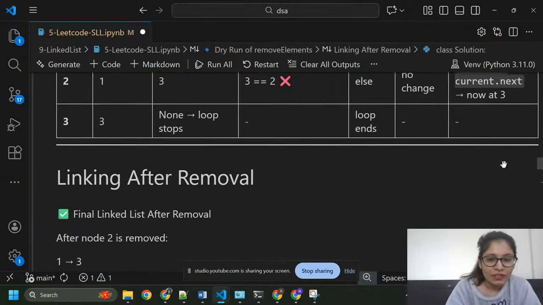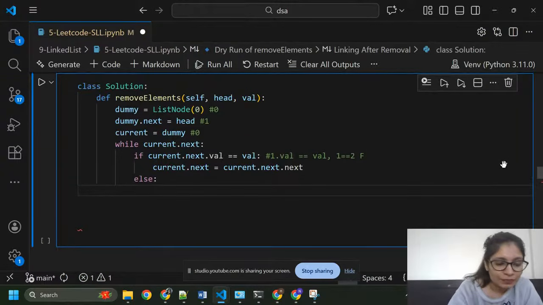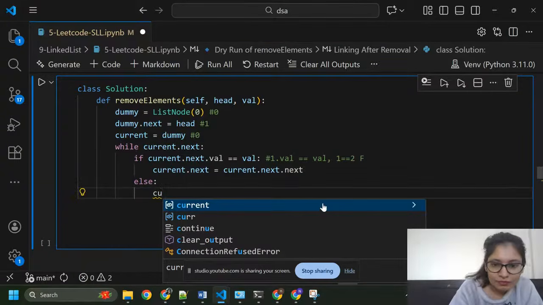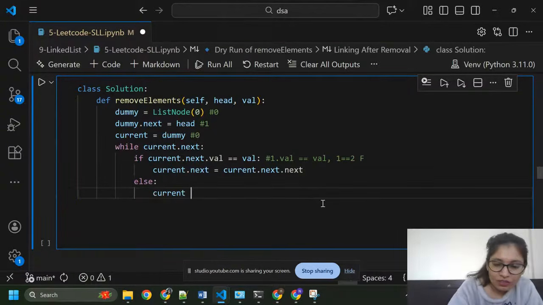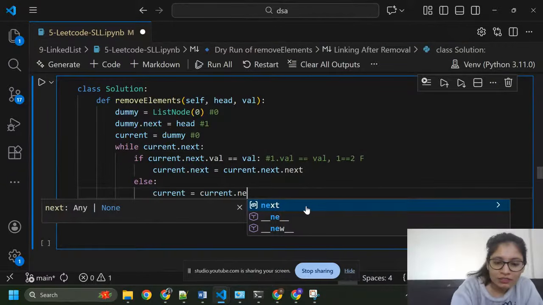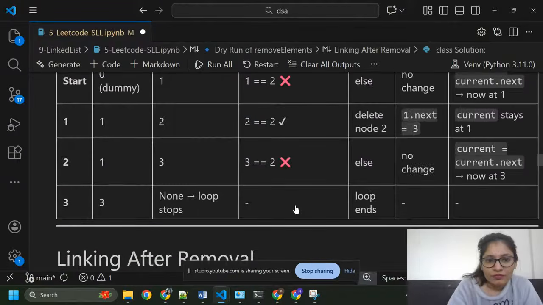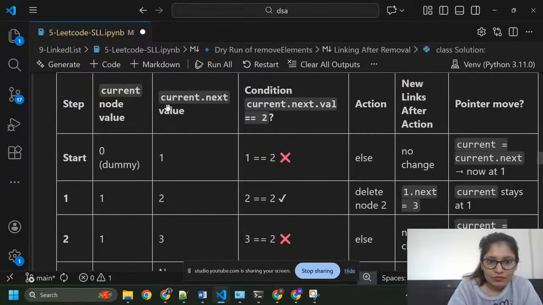So current equals current dot next, move now at 1.